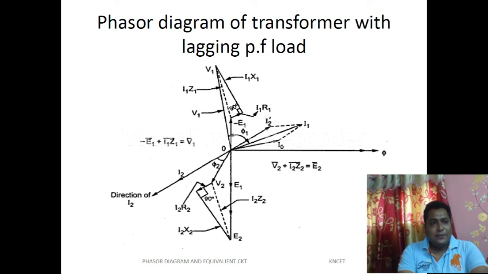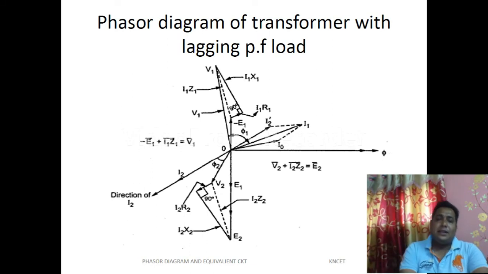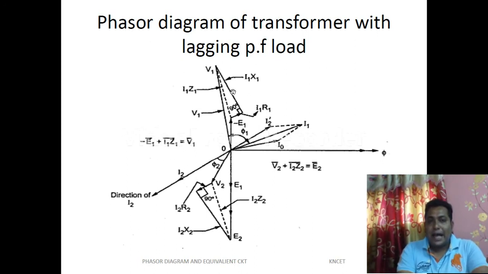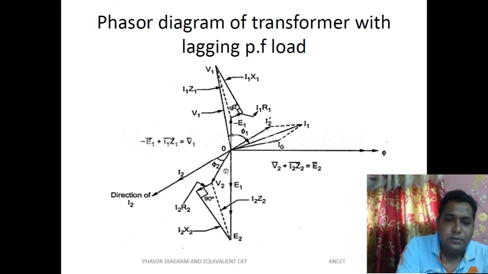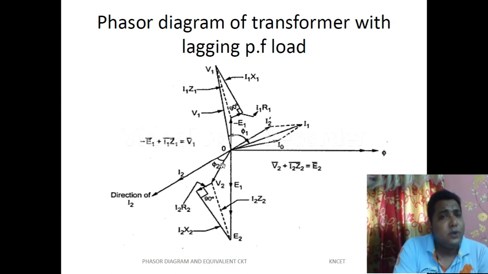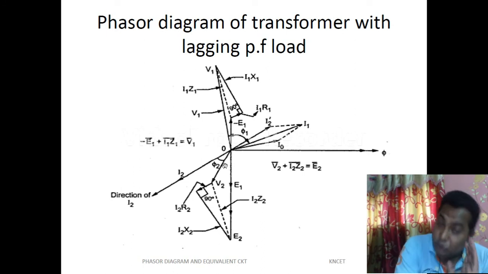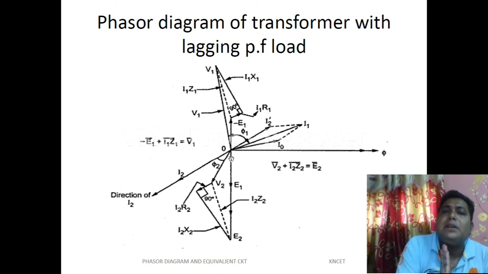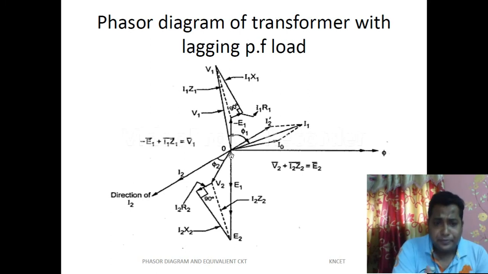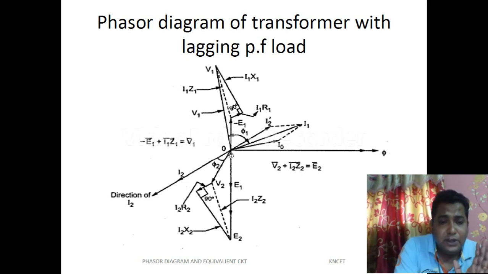If this were a pure inductive coil, then the angle between V2 and I2 should be 90-degree, but it doesn't know. So maybe this is RL, so the angle should be less than 90-degree. For simplicity of the diagram, we have assumed that there is an angle phi 2, that is the load angle. So there is an I2 we have drawn, and from there we have shifted due to the nature of the load. Very important, this is the place where you have to understand that the other remaining components will remain the same. So what is the change from the unity power factor?